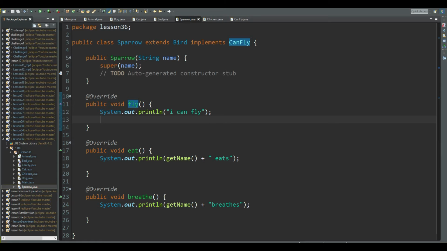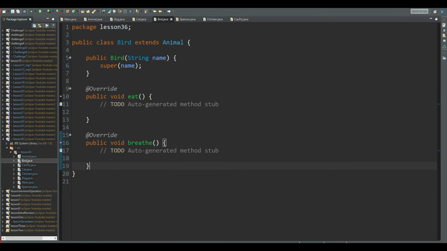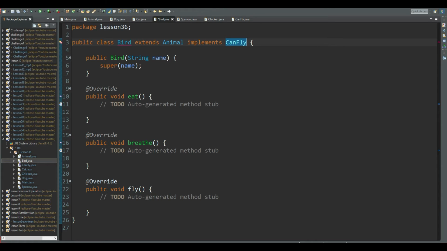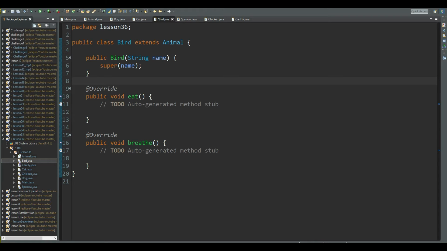This was it, and you spared so many lines of code to other classes. You can also do that to a bird, for example. Let's say it is not a bird, it is something else that can fly, like a bat. But I'm too lazy now to create another bats class. So as you can see, if we implement the can fly, then we need to add the fly method. So as you can see, you can save tons of lines of code using this